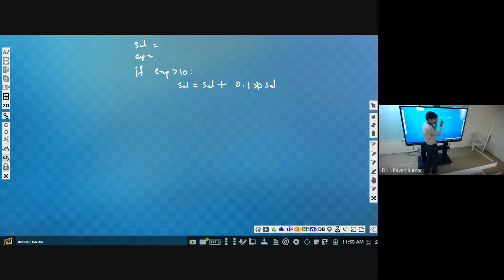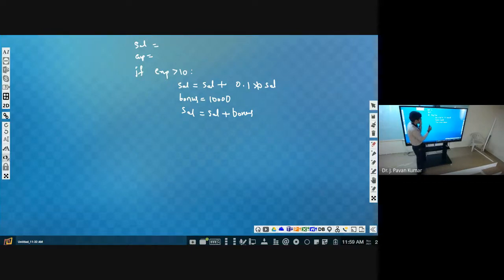That we have to add to salary, that will be assigned to salary. Next bonus, what is the bonus? Bonus is 10,000. Then salary is equal to salary plus bonus.